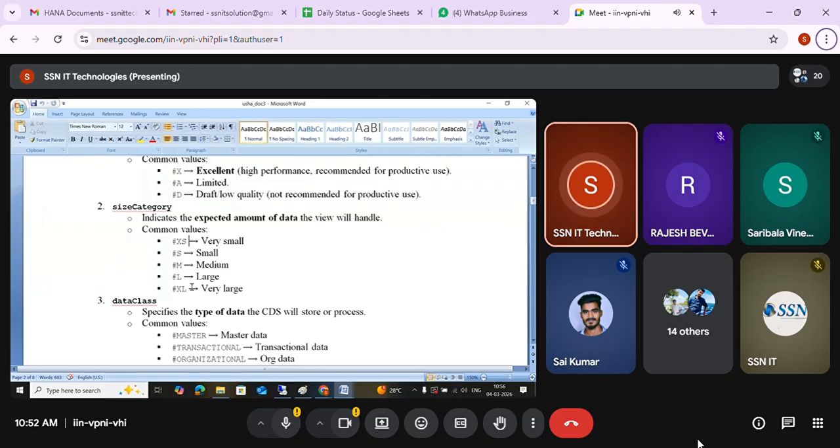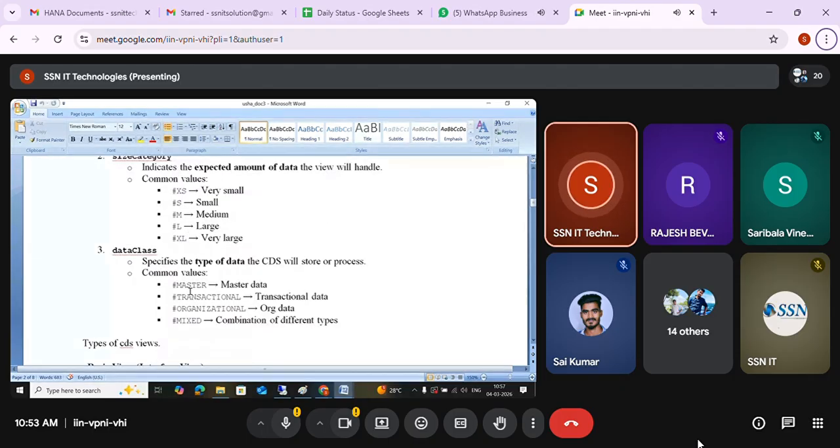Depending on the tables you are using, you can maintain this. If I'm using only config tables, I have a very small amount of data, so small. If it is transactional data with a lot of invoices, I'll use XL, very large. Depending on your requirement, you will choose the size category.